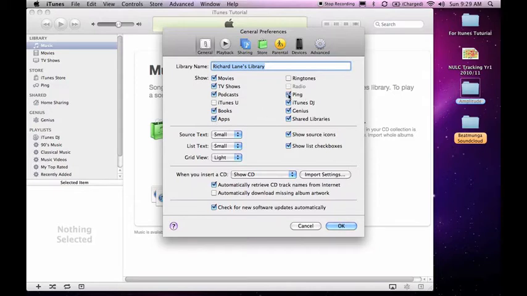I don't want Ping. Does anybody ever use Ping? iTunes DJ, Genius, no, not interested in those. Shared libraries can be useful as well if you're trying to access another computer where you've got access to that library. Once you've done that,